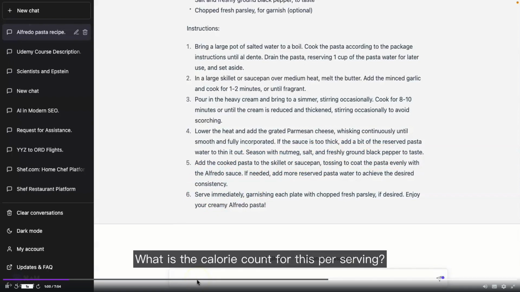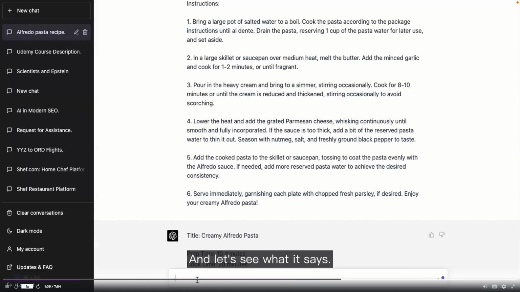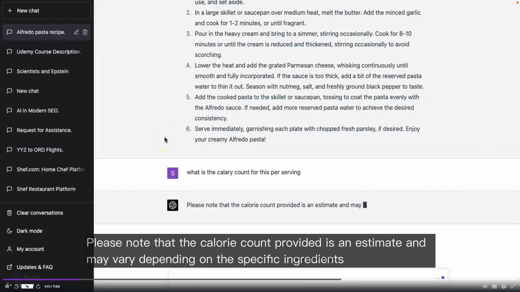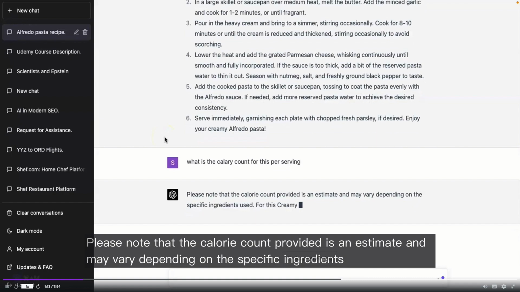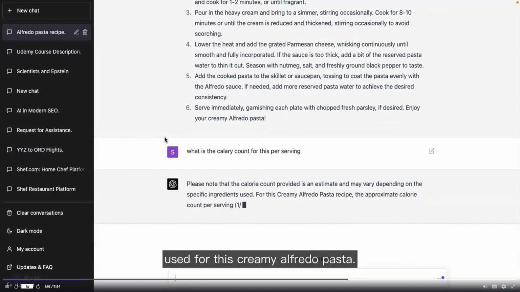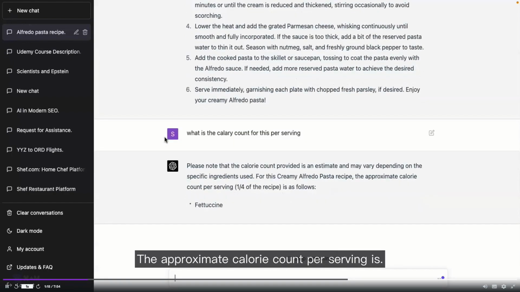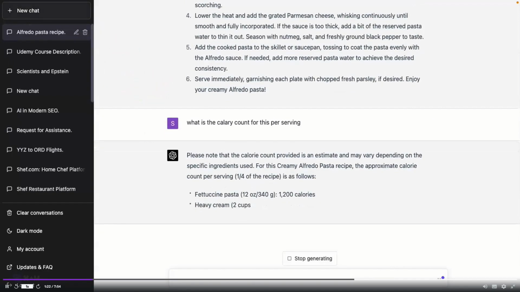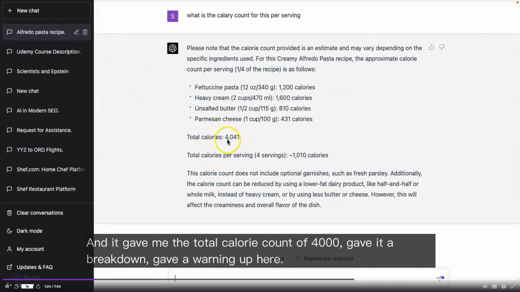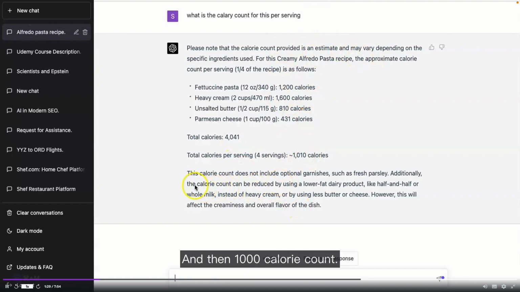Okay, what is the calorie count for this per serving? And let's see what it says. Please note that the calorie count provided is an estimate and may vary depending on the specific ingredients used. For this creamy Alfredo pasta, the approximate calorie count per serving is, and it gave me the total calorie count of 4,000, gave a breakdown, gave a warning up here, and then 1,000 calories per serving. Okay, I love